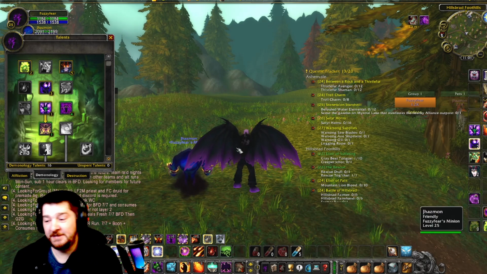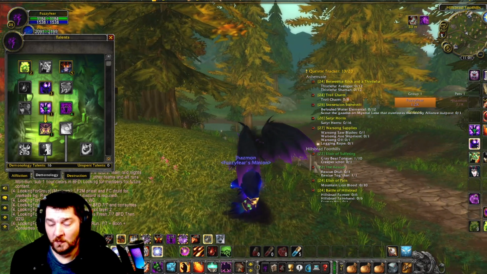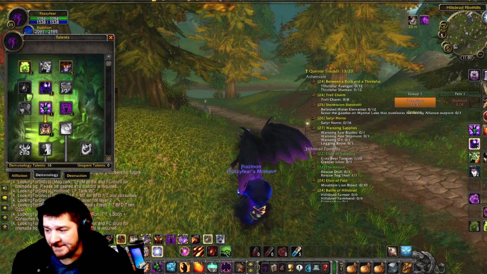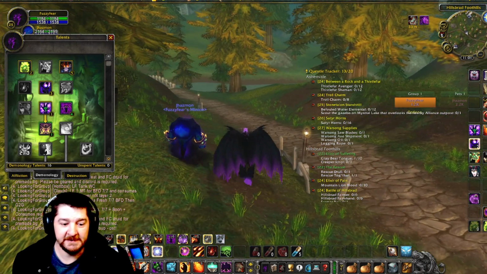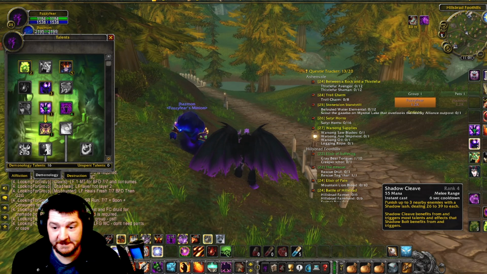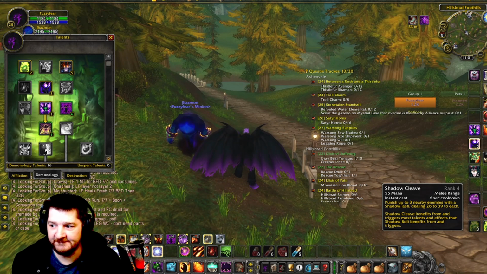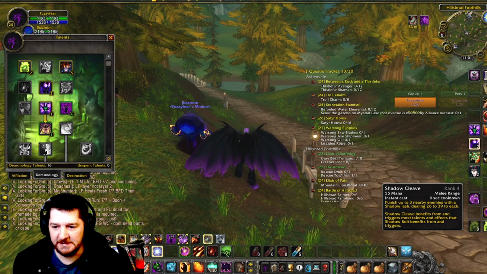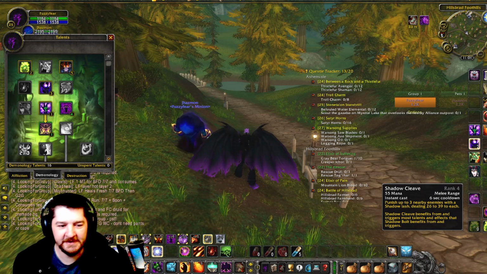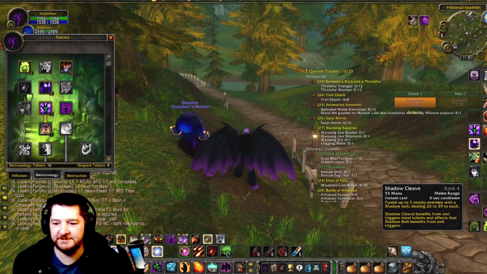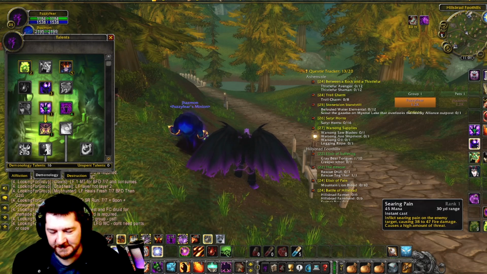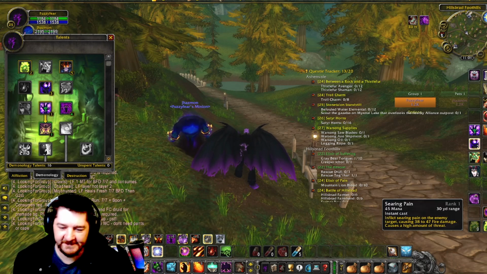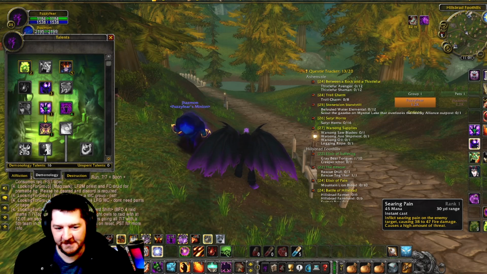Then we're going to talk about the fact that one of your biggest weaknesses as a Warlock tank is AoE tanking. Really, I mean, Shadow Cleave is fine. It helps, but it doesn't have the improved threat. Like if you look at Searing Pain, it specifically says causes a high amount of threat.